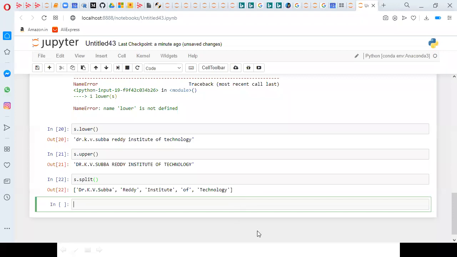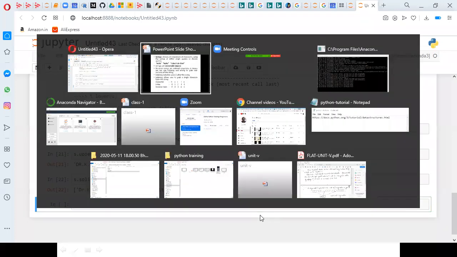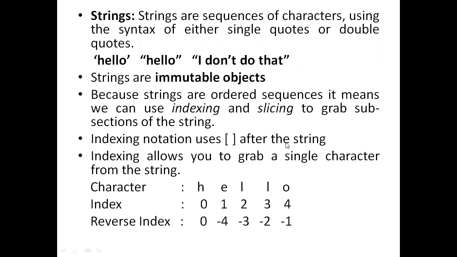So next we'll discuss string formatting. So this is about string. When you get the word string, everyone already knows what a string is and how we work with it. But the main important point you should keep in mind is that it is an immutable object. For interviews, they will ask what the immutable objects are. So strings are immutable objects.